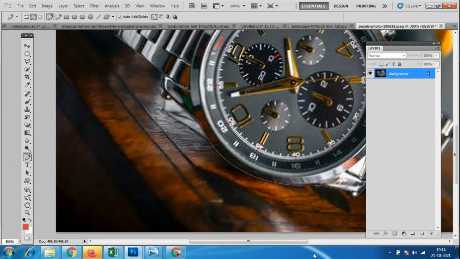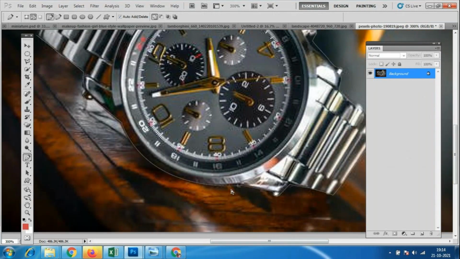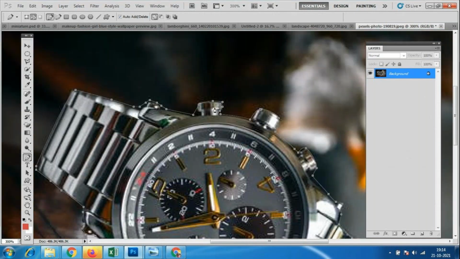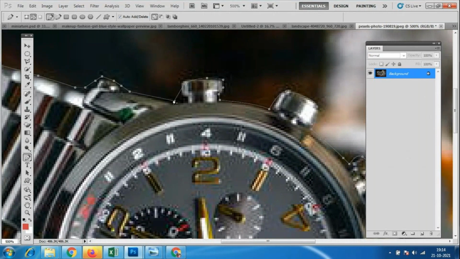So any changes we want to make, click on this here and look at here. Any small things, any changes we want to make, all of that is possible with the pen tool. So look at here again, zoom in very carefully, Control and each and every part should come neatly. So at that time we have to use the pen tool. So select one single point.